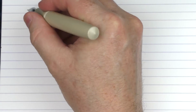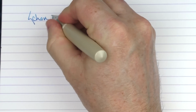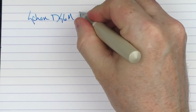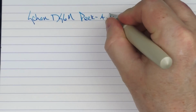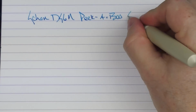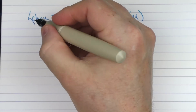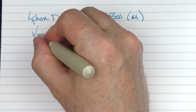Here we go with the writing sample for the Schon Design. That's DSGN, and this is the Peak. Oh, we'll call it the Peekaboo. Two O's there. And this is a medium stainless steel nib. And the ink that I'm using is one of my favorite inks lately, one that I've been using a lot, Visconti